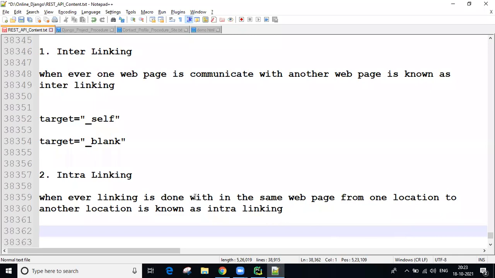Within the page only, from one location to another location, when we communicate, that is called intralinking. Now, how to provide intralinking is important.